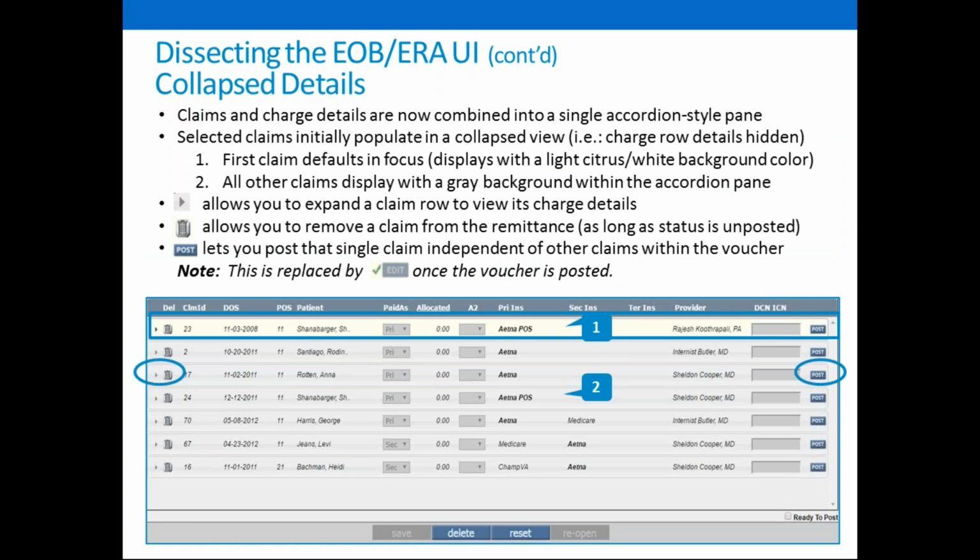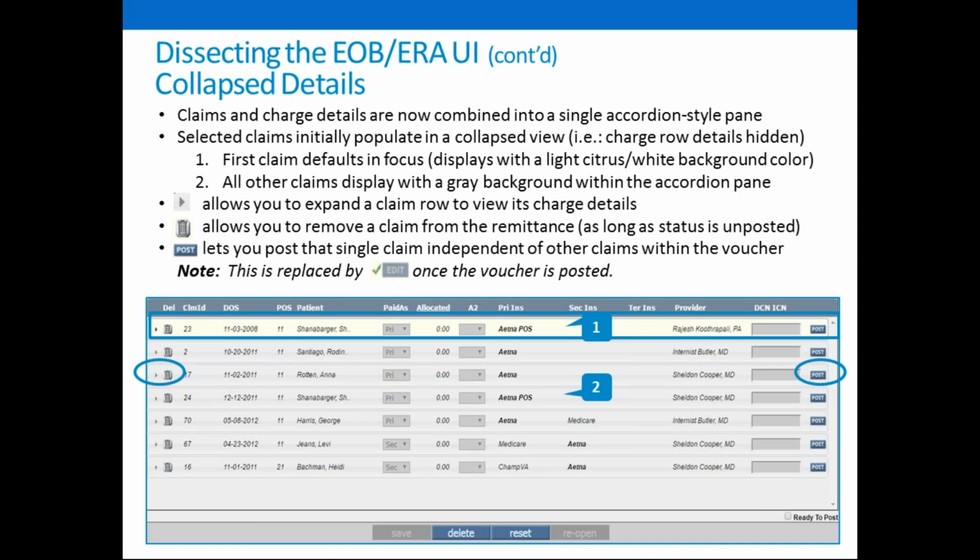Now moving to the bottom part, where we have combined the second and the third sections of your existing screen into one new accordion. You'll notice here, first of all, in your existing version now, you can only select 4 claims or visually see 4 claims at a time because of the screen real estate. Well, now you can see up to 8 within the collapsed view. It actually will store up to 25, so that your scroll bar will give you far more scalability here based on claim selection. But as each claim is selected, it is brought into this accordion view in a collapsed format,